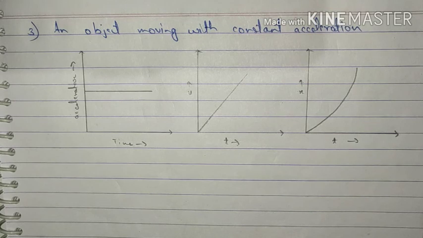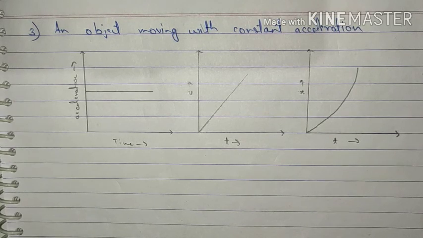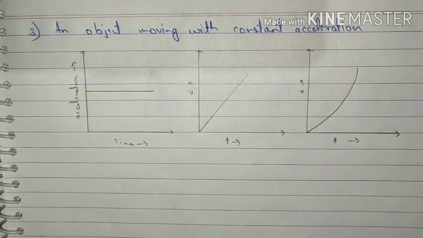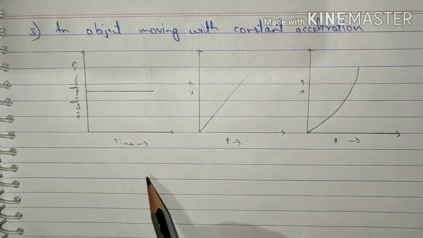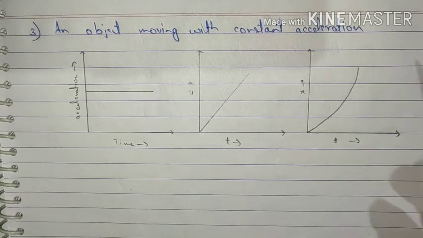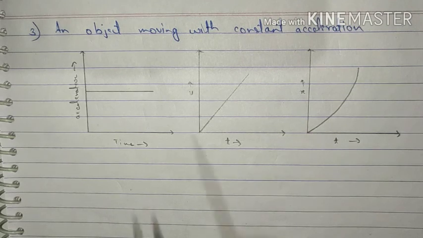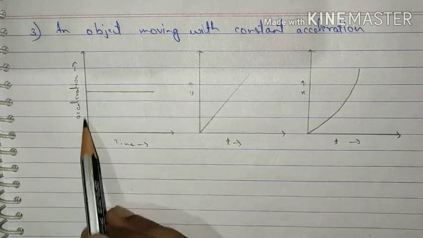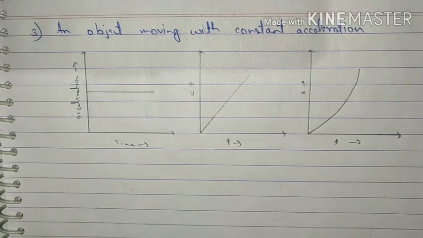Let's move to the next type of graphs which you have already studied in 9th standard. I would like to suggest one thing. Since you have time, you can go through class 9th books and revise all the graphs which were taught to you over there. Here we are taking the different graphs for an object moving with constant acceleration. First, I have taken an acceleration time graph. Since the condition itself says that the object is moving with constant acceleration, that means the value of acceleration will not change with respect to time. The time is changing. However, the value on the y-axis, that is acceleration, is constant in all the places.